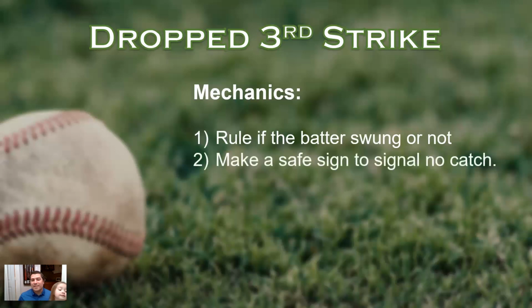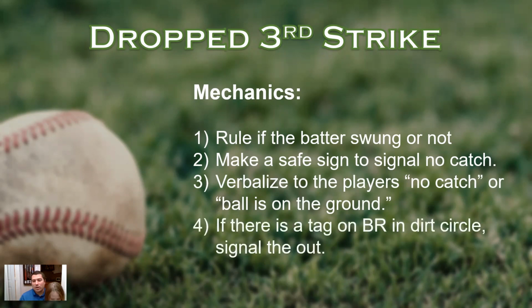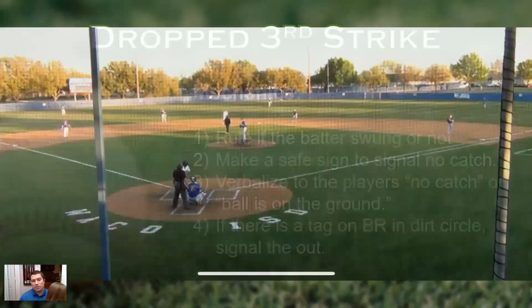Next, you need to make a safe sign to signal no catch. So it's arms up and out. And then after that, or while you're doing that, it's also good to verbalize to the players, no catch. That's my go-to phrase. I've also heard it said, balls on the ground. That's more words to get out and mumble jumble, so that's why I like to stick to no catch. It's a lot simpler. And then last thing is if there's a tag on the batter runner within the dirt circle, you get to signal the out. That's your call. It's yours. If there's a play on the runner that's further out down the baseline, then that's the base umpire's responsibility. So let's take a look at a couple of these real quick